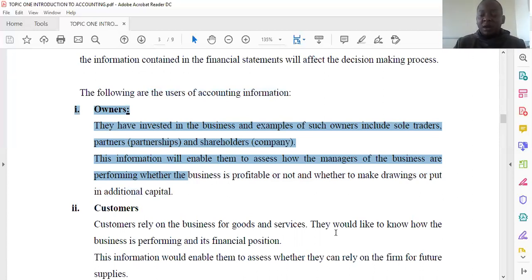So information in accounting will help them to assess how the managers of the business are performing and whether the business is profitable or not, and whether to make drawings or put in additional capital. So the owners are mainly interested in the profitability of the business. They established this business to make a profit, to earn a return for themselves. So they want to know whether this business is making a profit or loss. As such, they need this information. They need the profit and loss